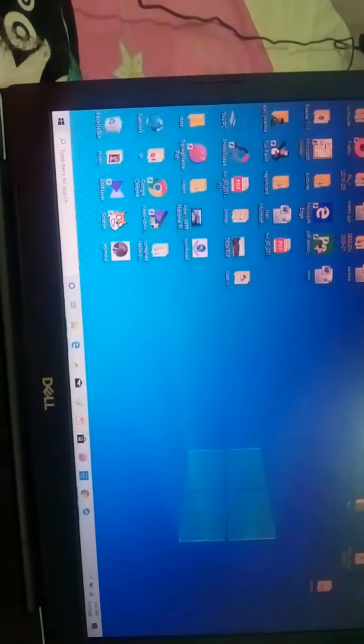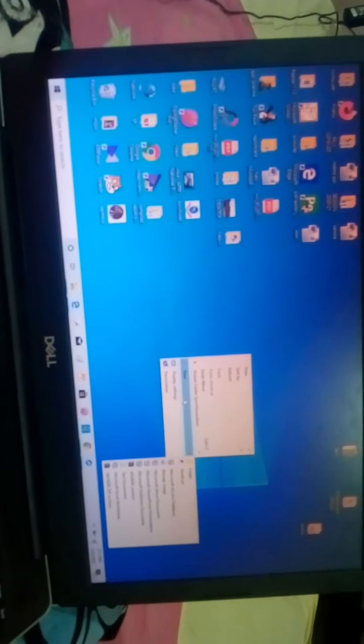Shortcut menu, or context menu. When you right click on any blank area of the screen, whether it is on the desktop or in any other program, it will display some options like view, sort by, and this is called the shortcut menu. By this you can easily access your commonly used commands, like the view option. Okay, now it is clear.